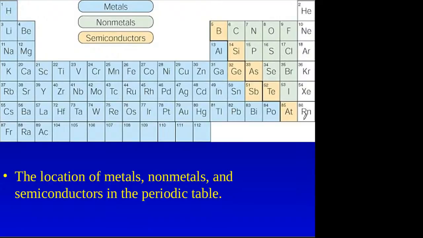And notice the semiconductors are a diagonal because there are some properties of the electron shells that change coming through here. As things get heavier, the electron shells get further away from the center of the atom, and it's easier to lose. That's what makes that diagonal line there. As these get heavier, you get more outer shells. The more outer shells you have, the further away the outer shell is from its protons, it's easier to lose. And that causes that little diagonal thing to happen around the semiconductors and the metals.